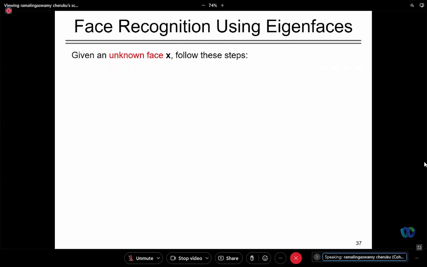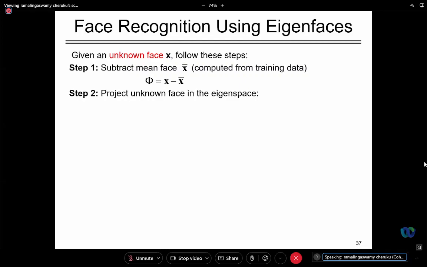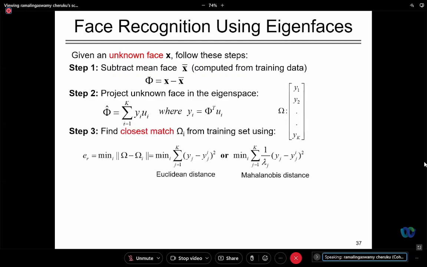Given an unknown face x, we subtract the mean value and project the unknown face into the eigenspace. We are projecting onto the eigenfaces, and from the eigenfaces the closest match can be found. Once we find the closest match, how is the closest match found? By using